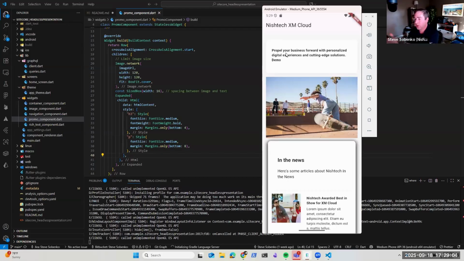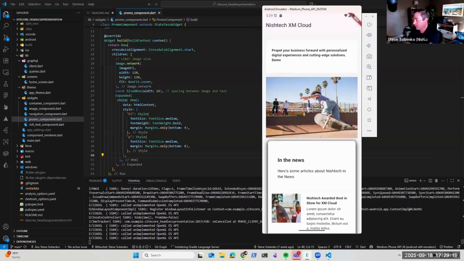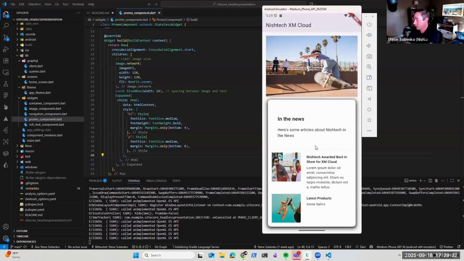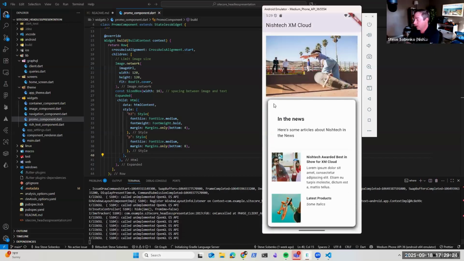So all of that code, I walked through all of that code in less than 15 minutes. And what we see here is our exact content coming from our GraphQL endpoint on Experience Edge, our preview environment on my XM Cloud site. And we see our skateboarder load, and we see our news objects load. And we also see that nesting of those placeholders where I wanted that shadow box popping up here. So we can see it's iterating over all of our news objects, and it's iterating over all of our placeholders. And with a little bit of code, we got it to show up within the experience.